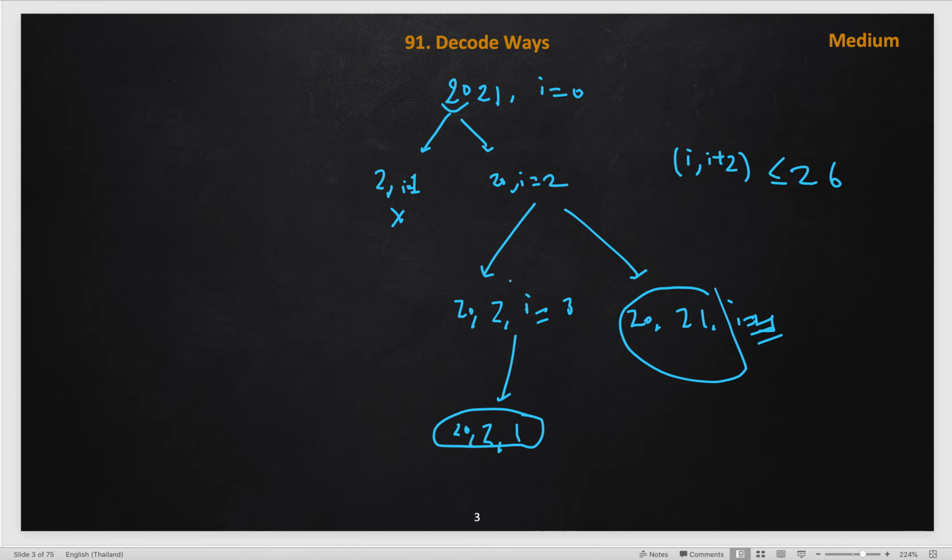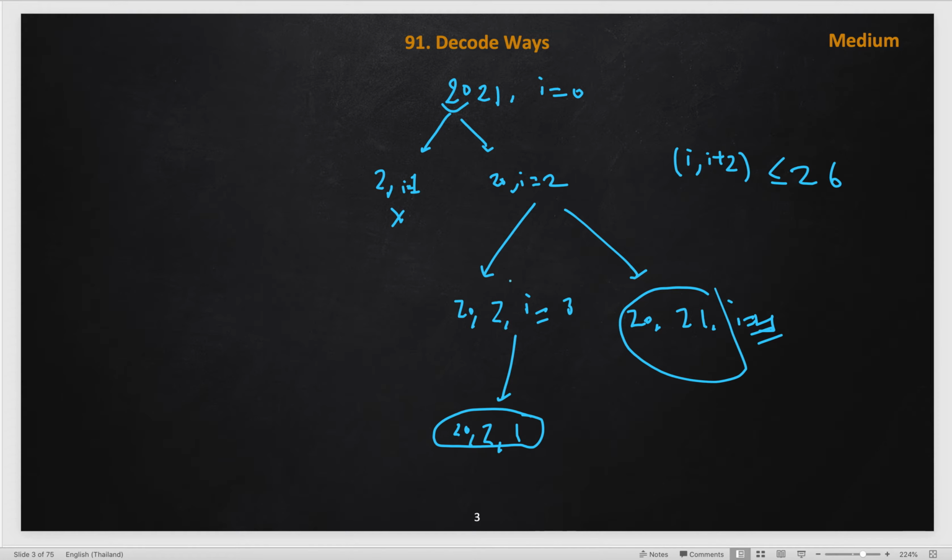So let's quickly implement the code. First we will implement the recursive code and then see the number of repeated problems. So for recursion we will return a helper method, pass s and initialize i from 0. Now the helper method will return an integer, and will get the string s and the integer i, which is the index representing till where we have processed our string. So first base case, if i crosses the length, s.length, in that case we will just return 1 because we are able to decode that string.